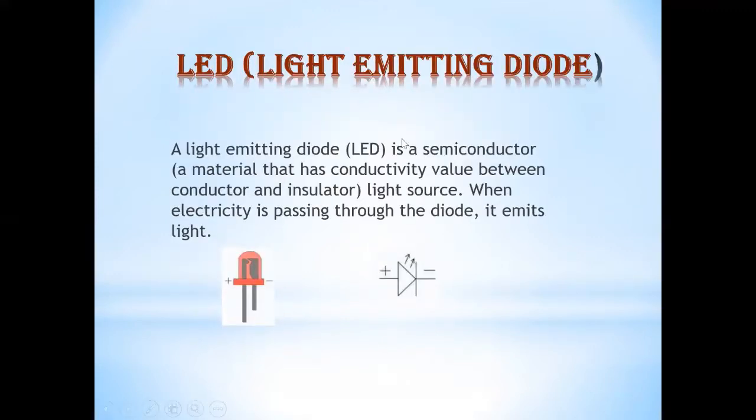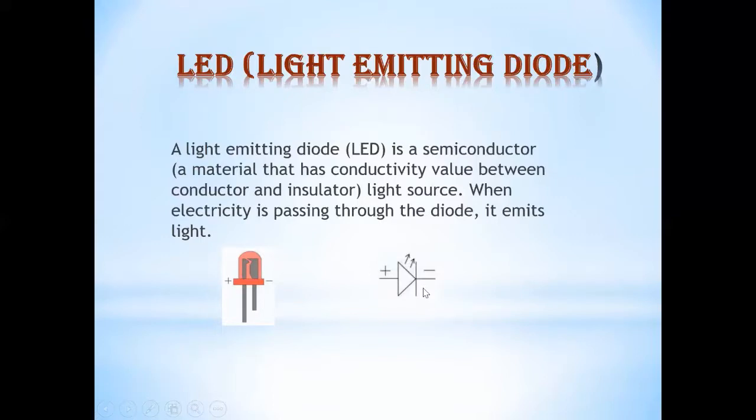LED is light emitting diode. A light emitting diode is a semiconductor. And now what is a semiconductor? It is a material that has conductivity value between a conductor and an insulator. You must have studied about conductors and insulators in your science chapters, right? When electricity is passing through this diode, it emits light. It has two terminals, positive and negative. The longer lead of the LED is positive and the shorter one is always negative,